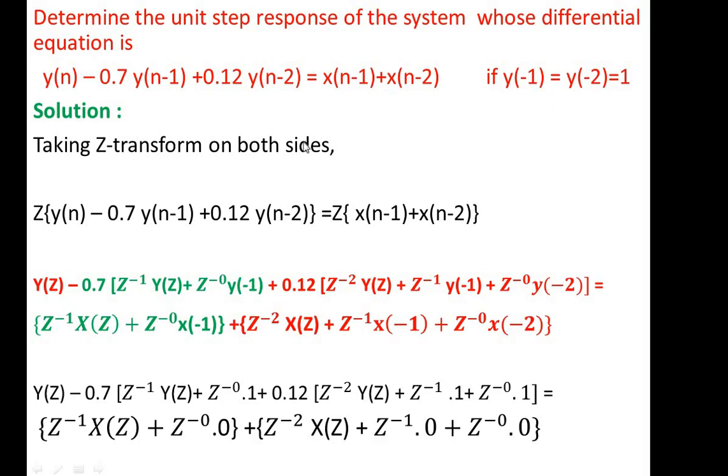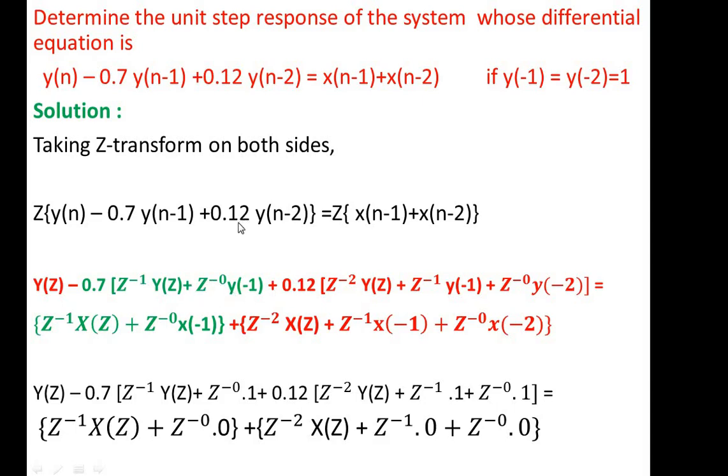So the very first step is we have to apply the Z transform on both sides. After applying the Z transform, we can write y of n as y of z. So 0.7 is a constant, and here you have to apply the time shifting property: z power minus 1 into y of z for y of n minus 1. And now it is not in the initial state, so we have to include the initial conditions too. So y of minus 1 is the initial condition. Now we are having z power minus 1, so we have to continue the sequence: z power minus 1 and z power minus 0.